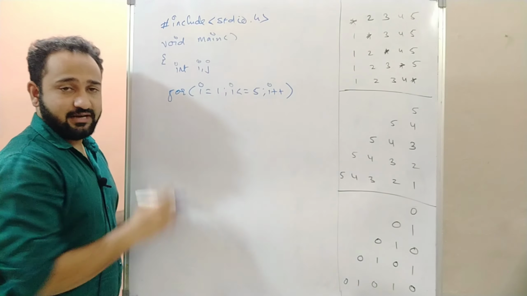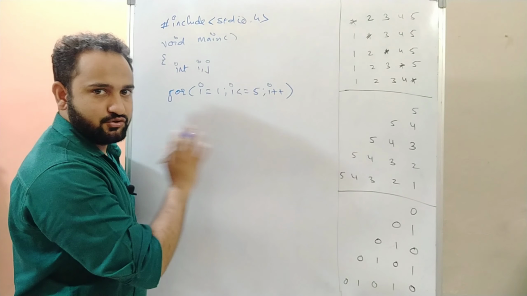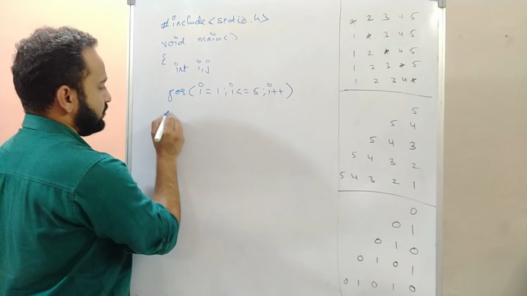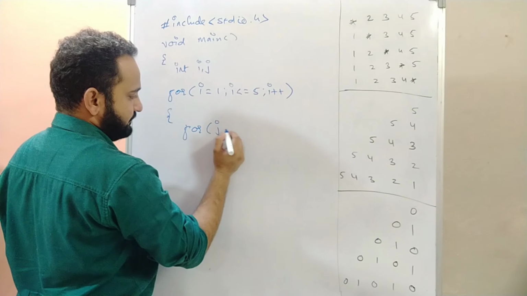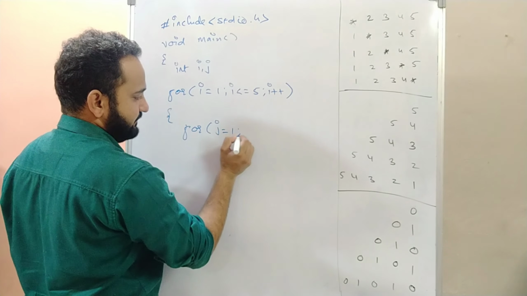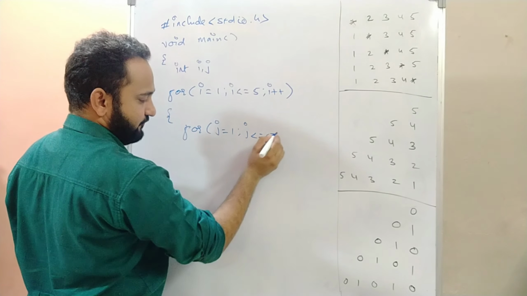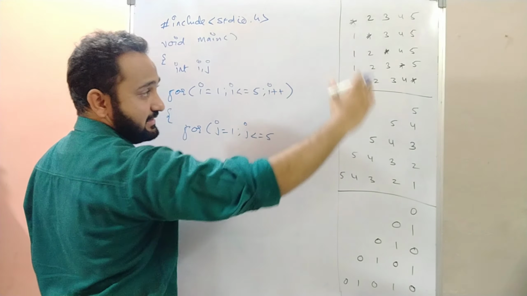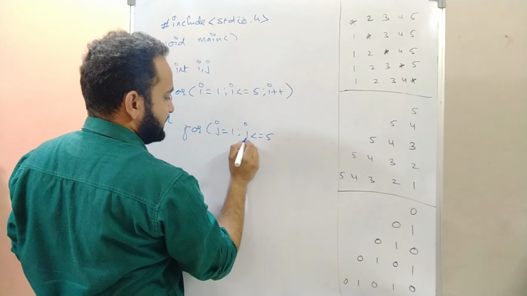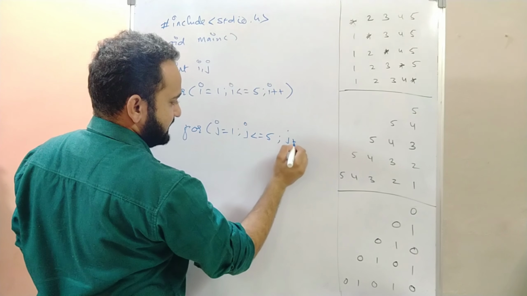Do we have to leave any space there? No. So there's no for loop for space. There will be only one inner for loop for printing: j equals 1, j is less than or equal to 5. Again repeating, we don't have to go up to I here because it's a complete rectangle, right? So j is less than or equal to 5, and j plus plus.